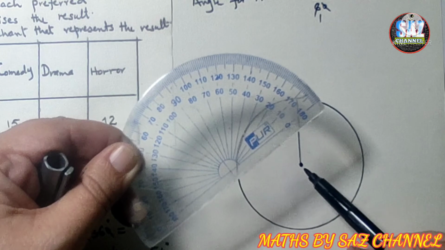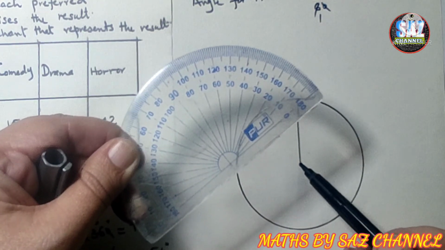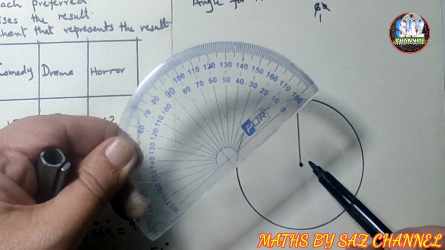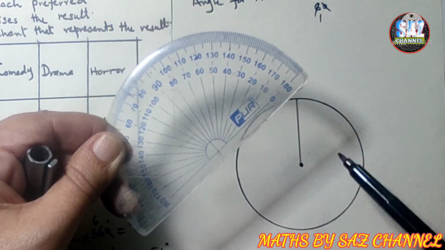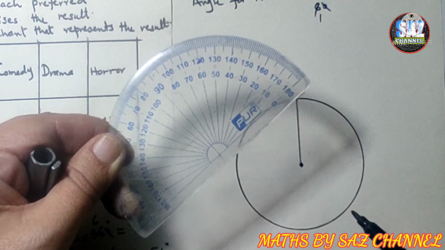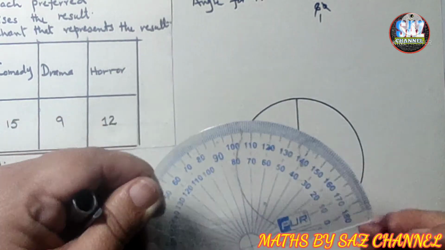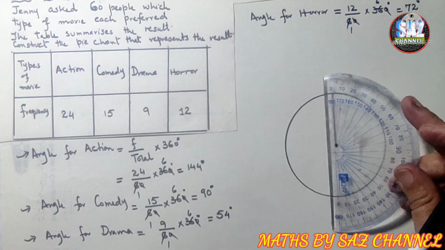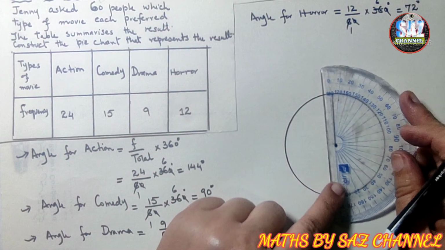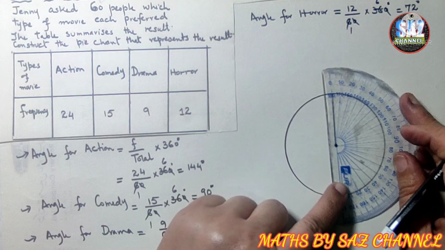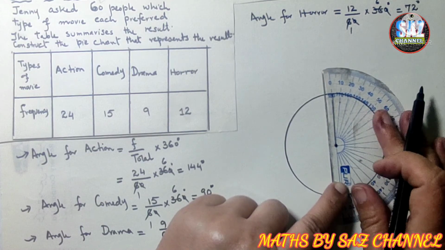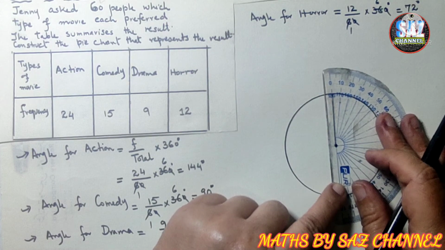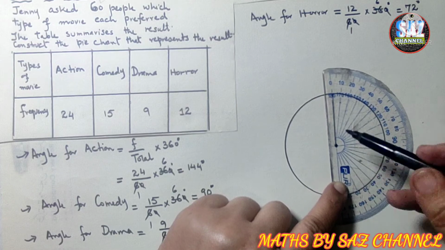I will be going really slow so that my junior students of class 6 and 7 can watch and understand this lesson properly. You can go clockwise or anti-clockwise, it's up to you, but I will be preferring the clockwise direction. Now in order to construct a 144 degrees angle, the intersection point of the protractor must come at the center of your circle, and the zero line must hide